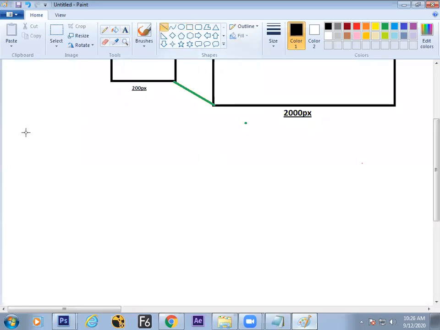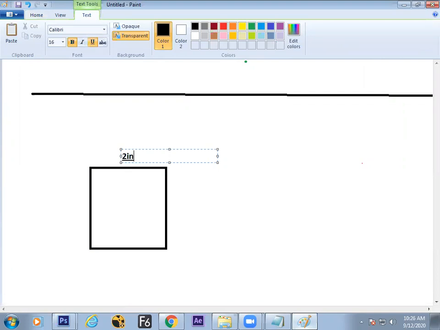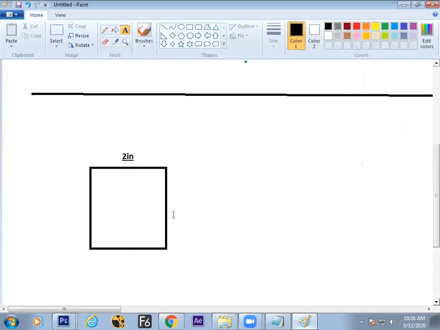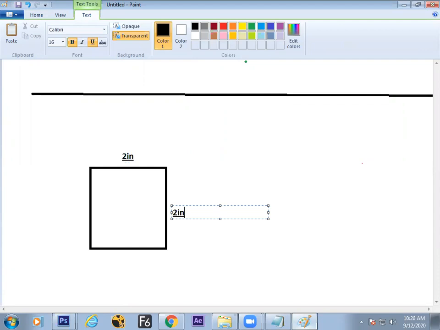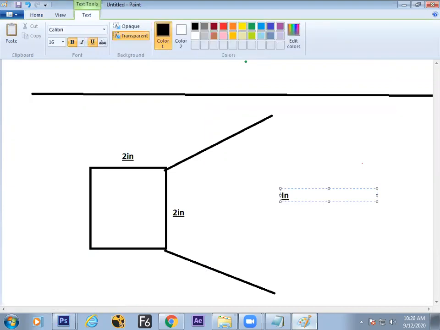Say if you go to Corel Draw, say you have a design like this. Say it is 2-inch by 2-inch. And if you want to scale this up, there is no limitation. That can go up to infinite.